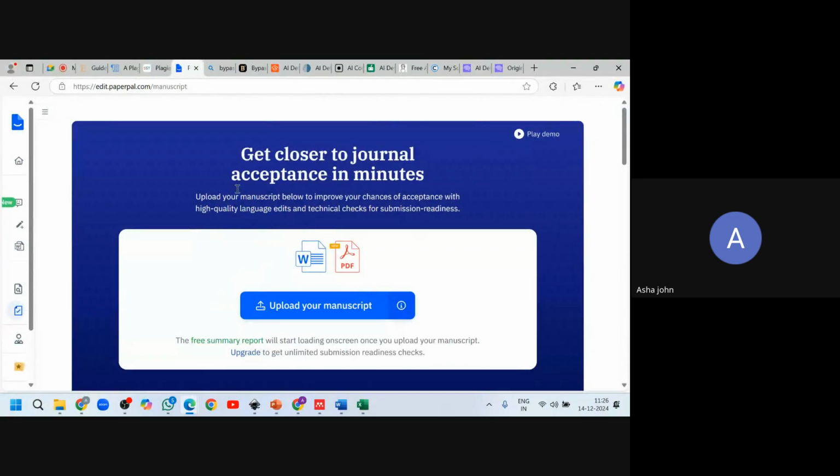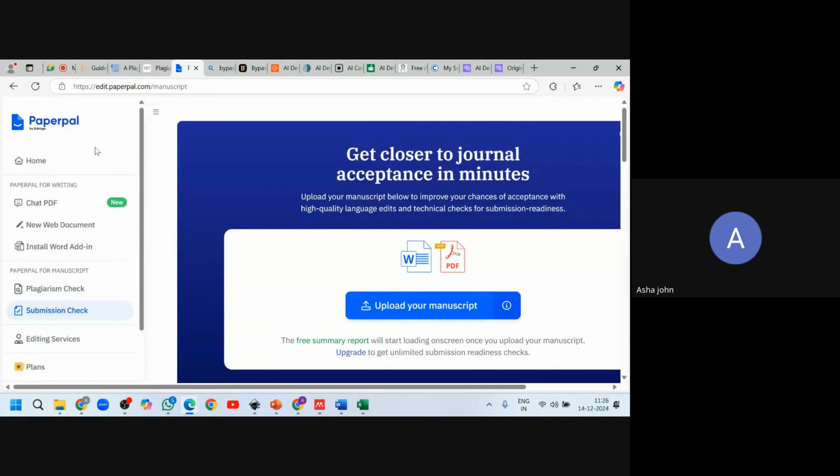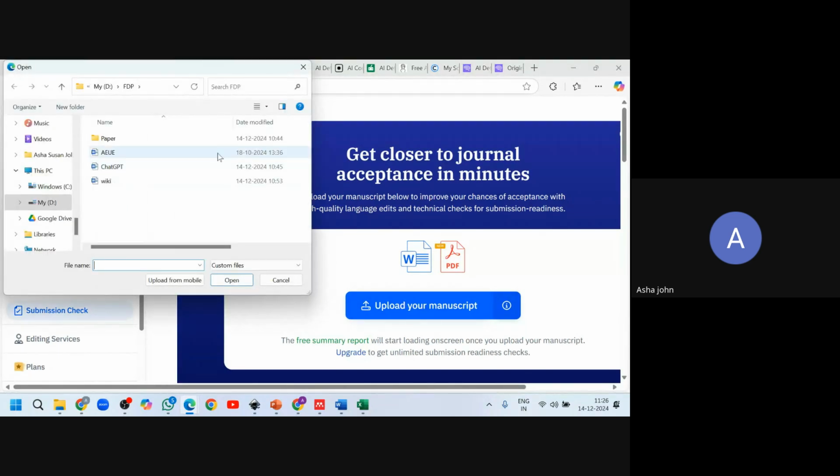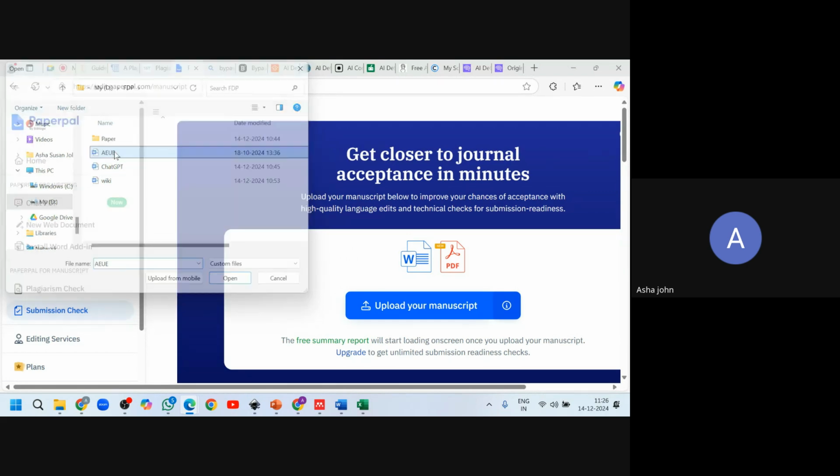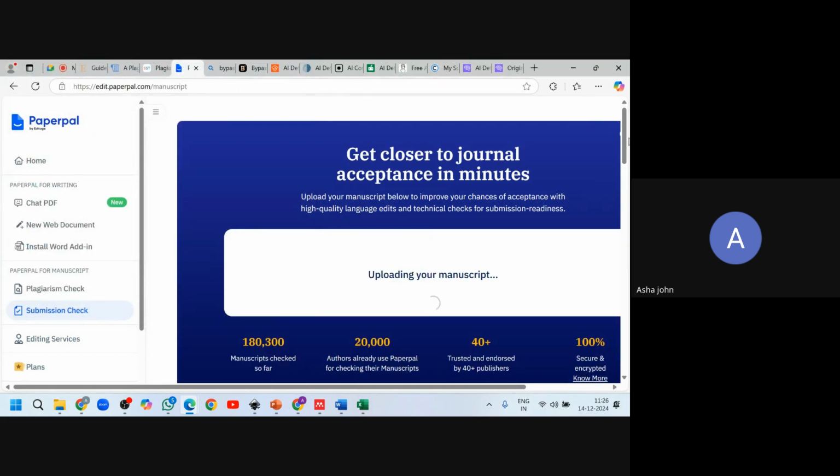PaperPal is having an option, and not only PaperPal, the others like Elsevier also have this option. You have plagiarism check, which we already did. Along with that, you have something called submission check. So for submission check, let's upload a manuscript and see what is happening. This is one of my manuscripts which I have prepared before.